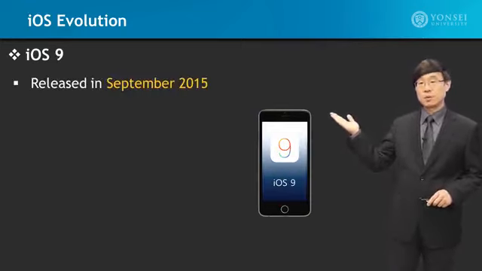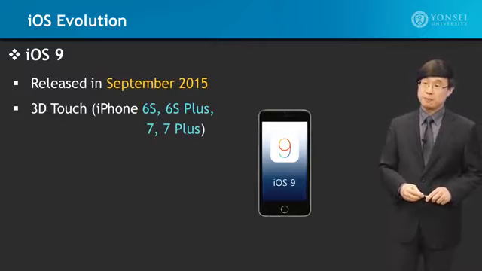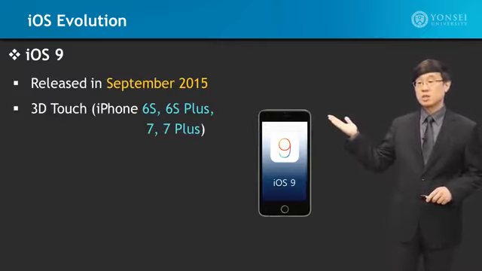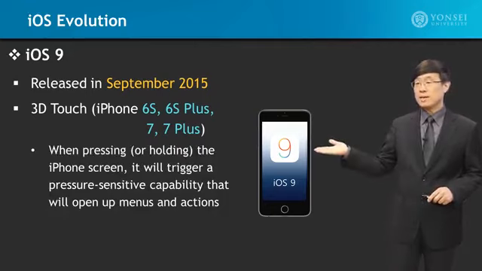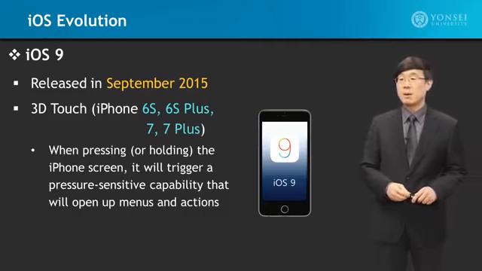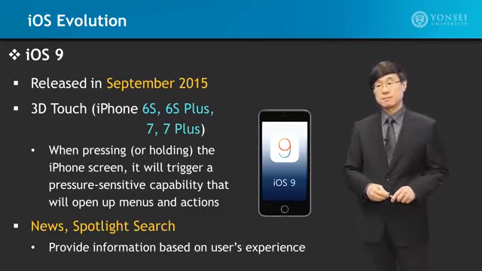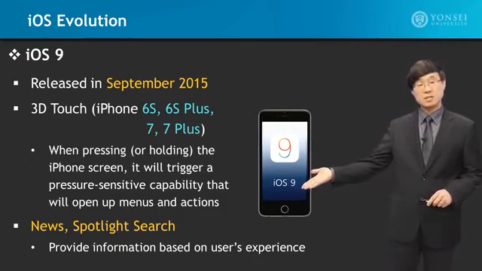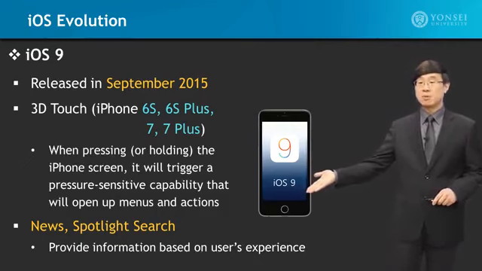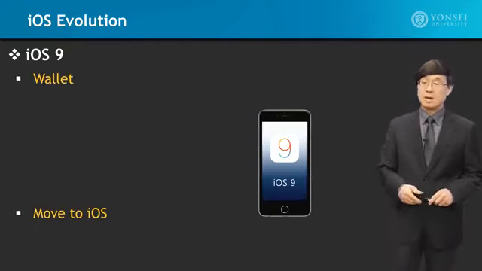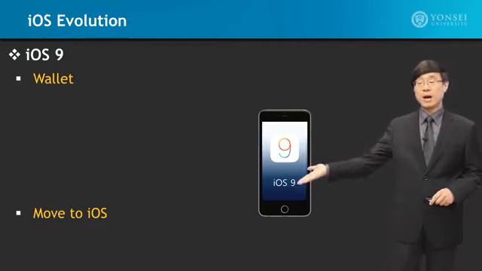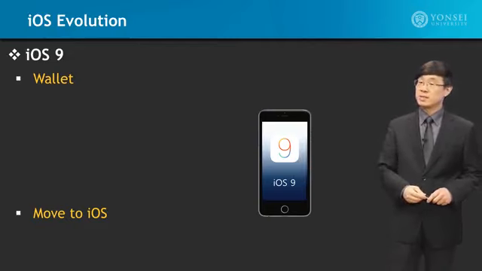iOS 9 was released in September of 2015, and 3D Touch, which is included in iPhone 6s, 6s Plus, 7 and 7 Plus, was included. So when pressing or holding the iPhone screen, it will trigger a pressure-sensitive capability that will open up menus and actions. In addition, News and Spotlight Search was added, where this would be able to provide additional information based on user experience. In addition, Wallet and Move to iOS were some of the main features in iOS 9, where the